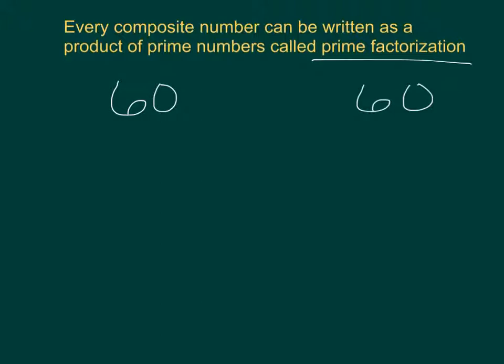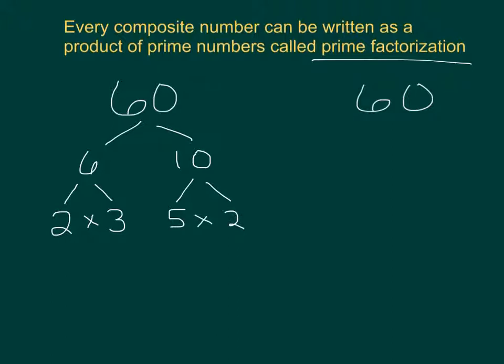So for 60, we can multiply 6 times 10. So those would be 2 factors of 60. Well, amongst those, you could also do something to those numbers. So for 6, you could multiply 2 times 3, and then for 10, you could do 5 times 2. So we would be able to bring all of these down and say 2 times 3 times 5 times 2